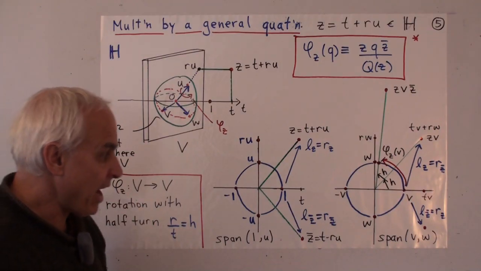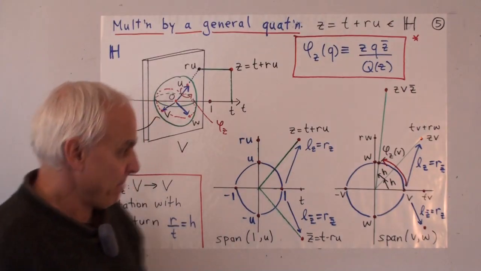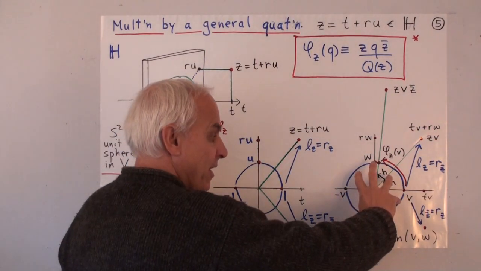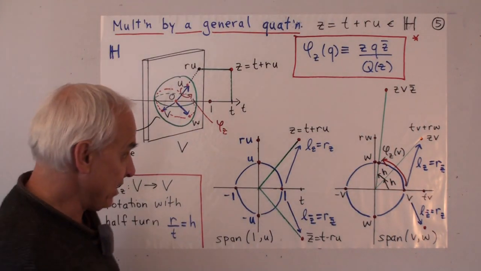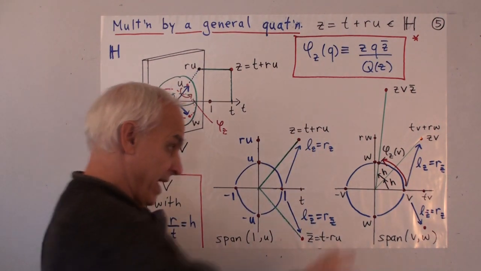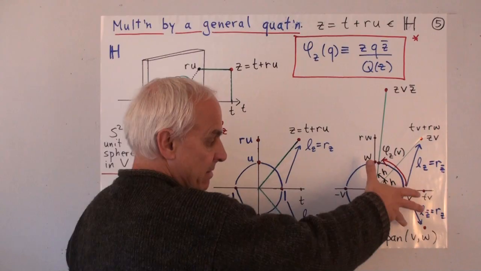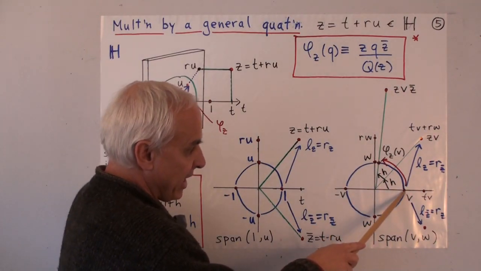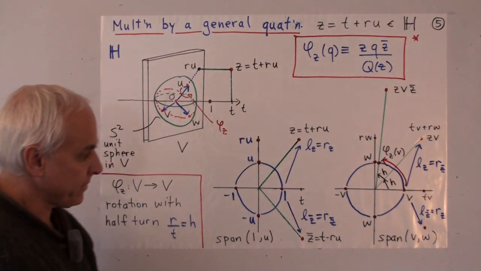However, multiplying by z on the right is different, because multiplying by z on the right in this space is a quarter turn in the negative direction. And that means when we're multiplying on the right by this z, we're also getting a rotation dilation by the same amount, but rotation in the opposite direction, so that this point here would get sent not up to here, but to the corresponding reflected point down there.